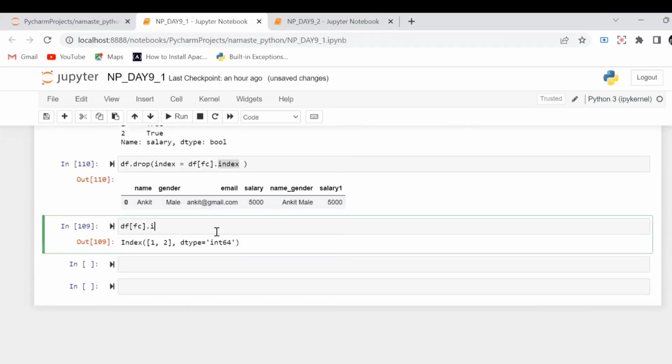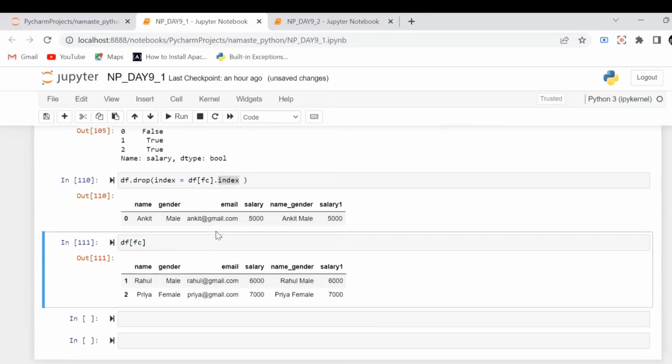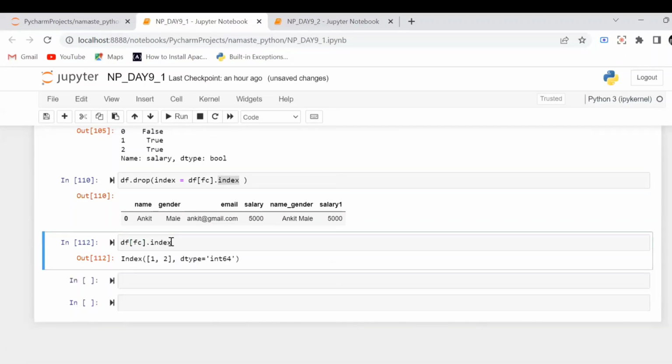So df of fc is what? Whatever is true, whatever the condition is true. The first and second index. And the moment I do index, it will give you the index of those rows we saw earlier in the session. And these indexes, it will just drop. Suppose, Ankit,